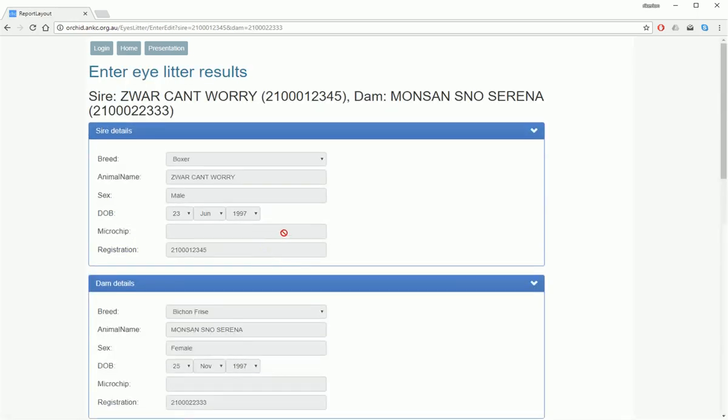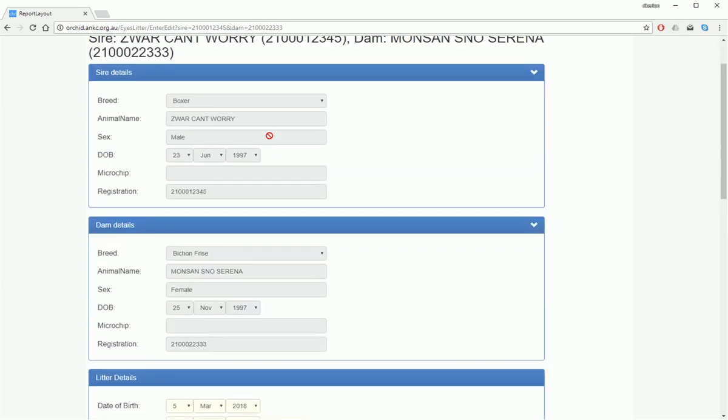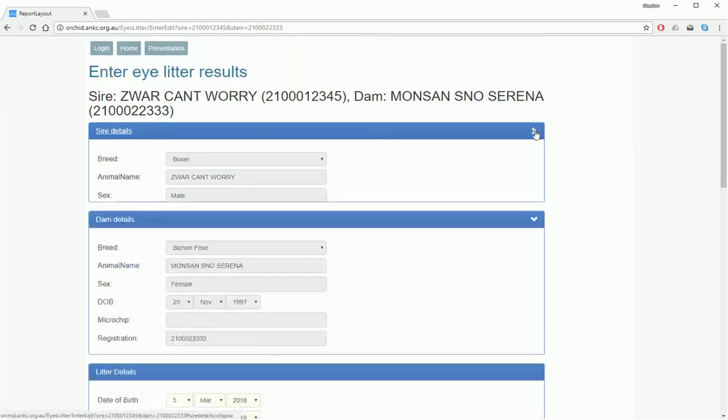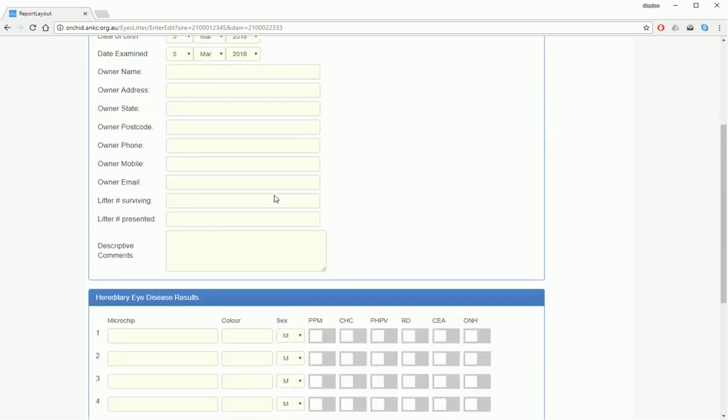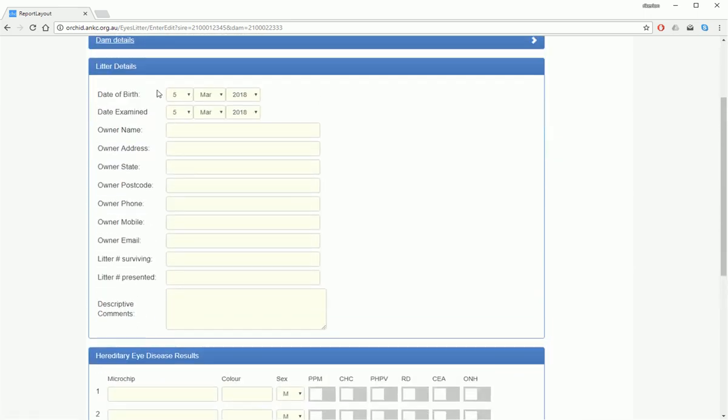We'll click that. And we're now on the Enter Eye Litter Results page. The subjects are identified at the top here, the name of the sire and the dam, and their registration numbers. We have some additional details here which we can use to verify. These are greyed out because obviously they can't be modified. We can roll them up just to get them out of the way, and start with entering the other details on the litter. The date of birth,